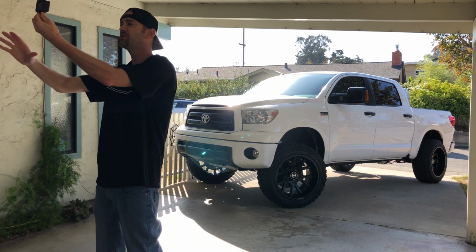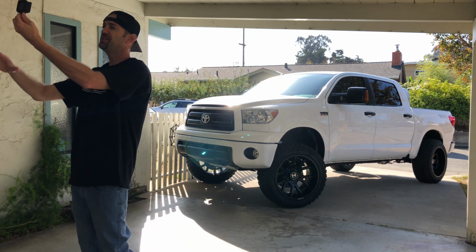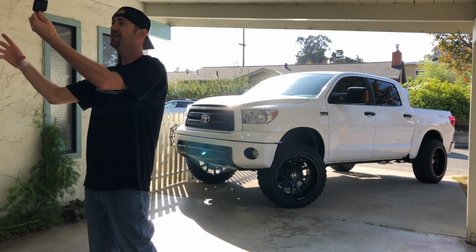I don't see any other reason why you would hide the rear suspension unless it is for their hybrid Tundra that is believed to be coming out. As you guys know, Toyota is the absolute leader in hybrid technology. So if they do come out with a hybrid Tundra, which I don't think I would ever go that route, they're gonna knock it out of the park. It's gonna be done right. It's gonna be amazing. And there is a chance that because of the hybrid they're gonna do something weird